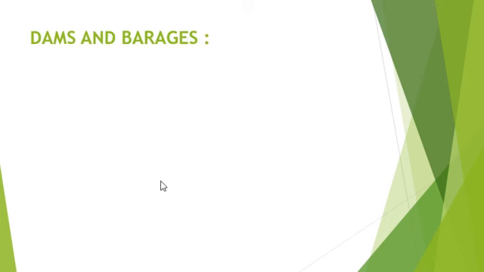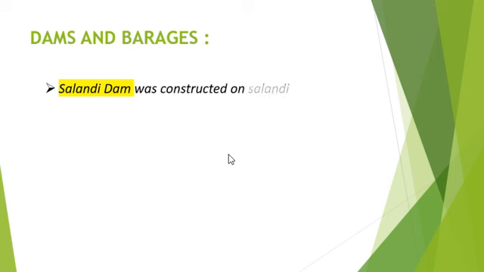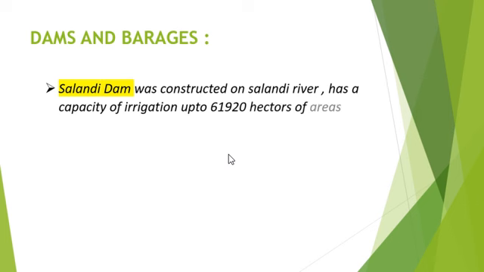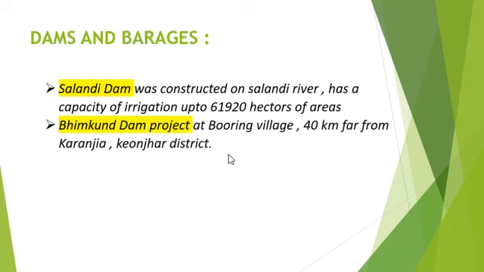Then come to the dams and barrages. There is a prominent dam called Salandi Dam. Salandi Dam was constructed on Salandi River. It has an irrigation capacity of up to 61,920 hectares of area. Then another dam project is called Bhimkund Dam Project, situated at Boring Village,